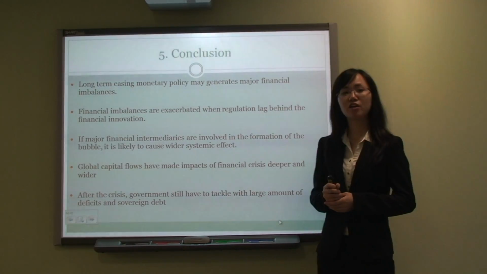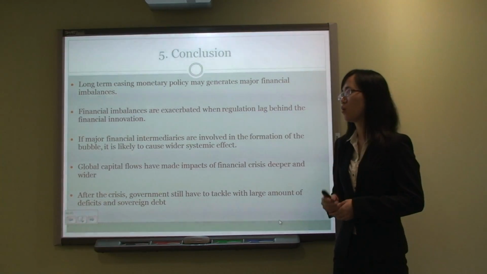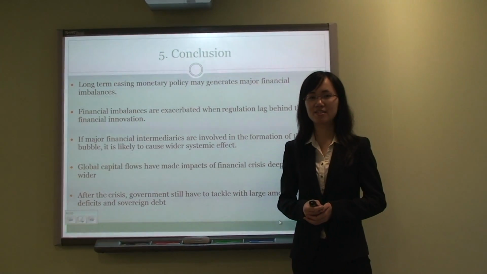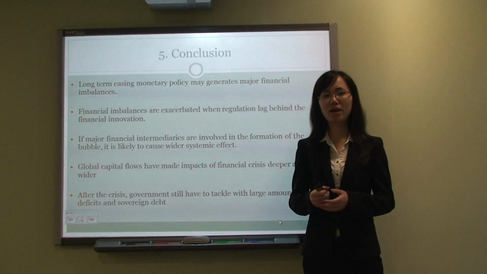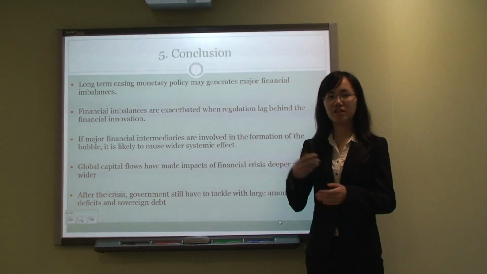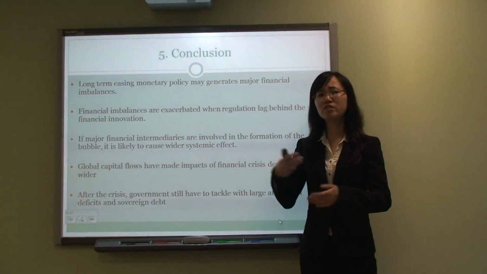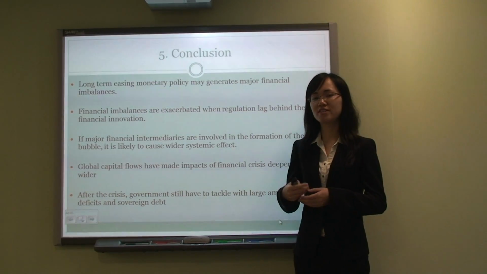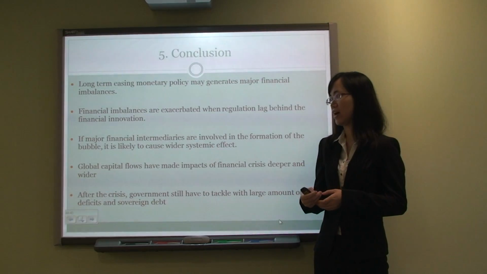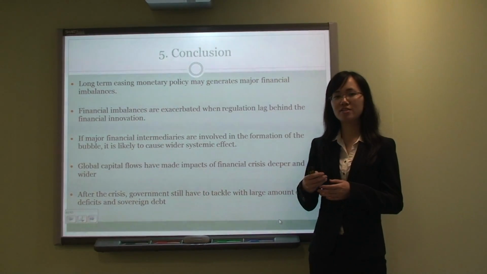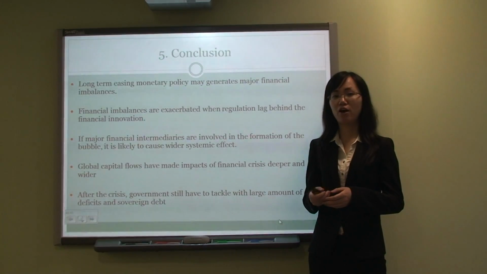Here is the conclusion of our presentation. First of all, long-term protracted monetary easing will bring about financial imbalances in the domestic economy, and these imbalances may be exacerbated by financial deregulation and liberalization. After that, if financial intermediaries are deeply involved, it is likely to trigger systemic effects. And also, with intensified global capital flows, the current crisis is likely to generate a harder impact on the global